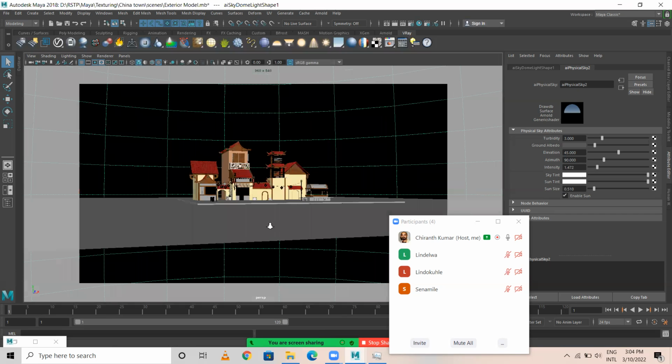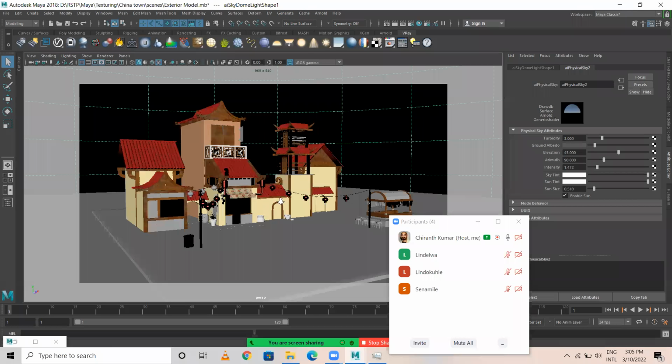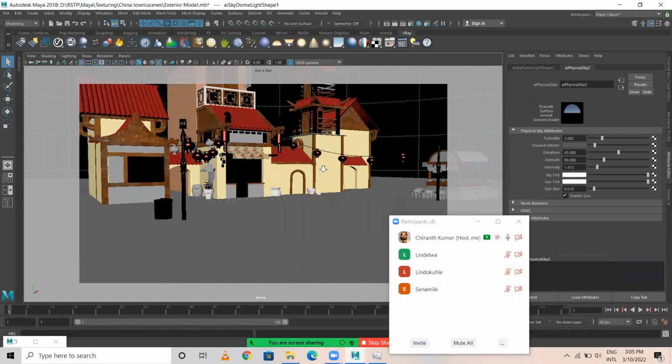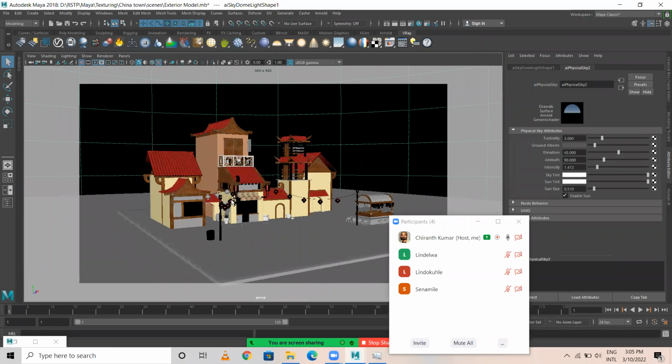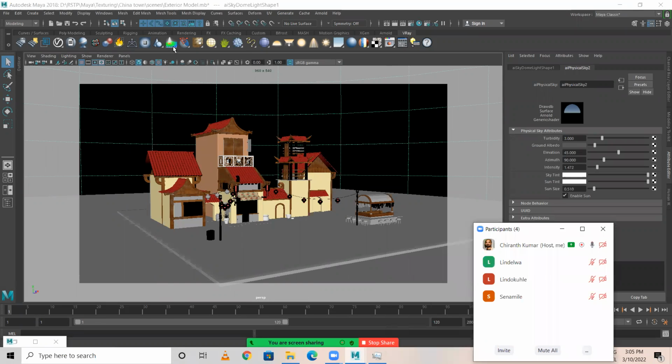What I'll do is share this particular model, only the model. What you have to do is apply Arnold texture. In the texturing part, I have shown you earlier how to apply Arnold texture, or else you can refer to the video. Just apply Arnold texture. There are two assignments.